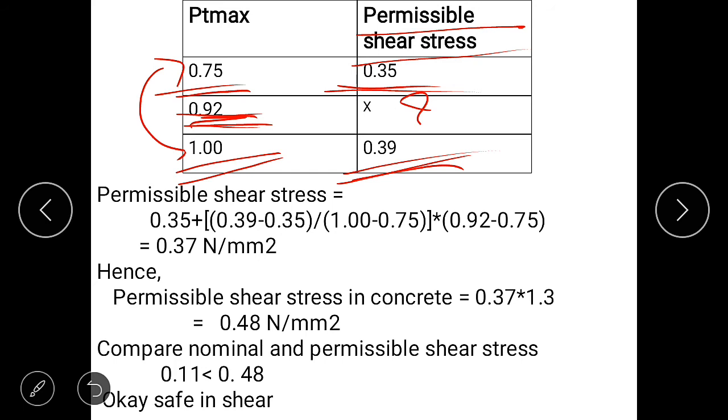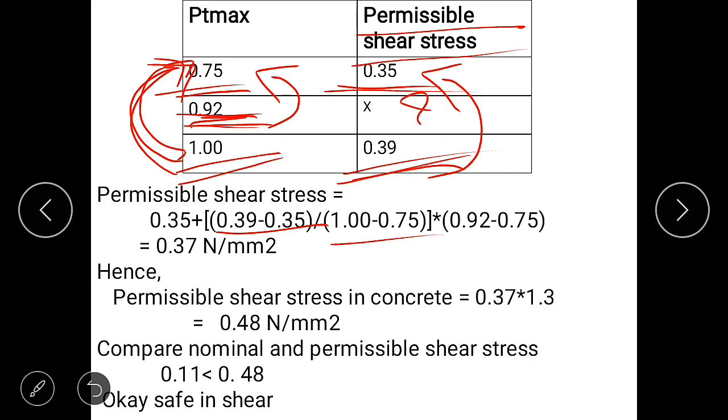So formula is 0.39 minus 0.35 divided by 1 minus 0.75, into 0.92